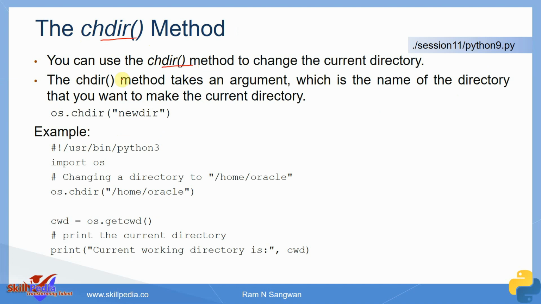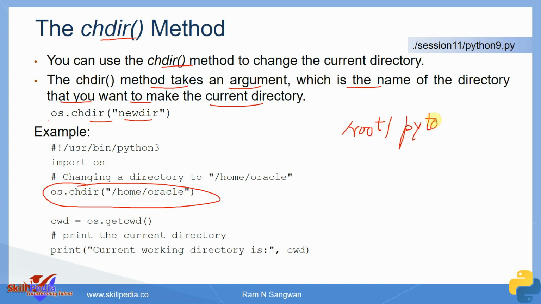But there's a big gotcha here, there's a big problem here, and a clarification that I will explain with an example. The chdir method takes an argument which is the name of the directory that you want to make the current directory. os.chdir new directory. So changing to this directory. Now here the big surprise comes. You are working in